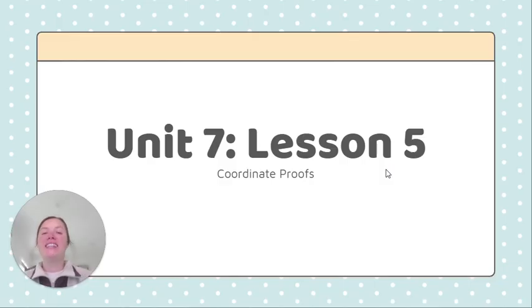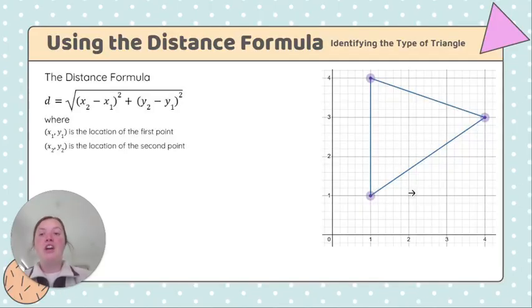This is the last lesson video of Unit 7 and we are talking about coordinate proofs. This is not the same type of proof that we did in the last lesson. This is proving different aspects of coordinate geometry using the formulas and definitions we have learned so far. So let's get started. First up, we learned about the distance formula, and we use the distance formula to find